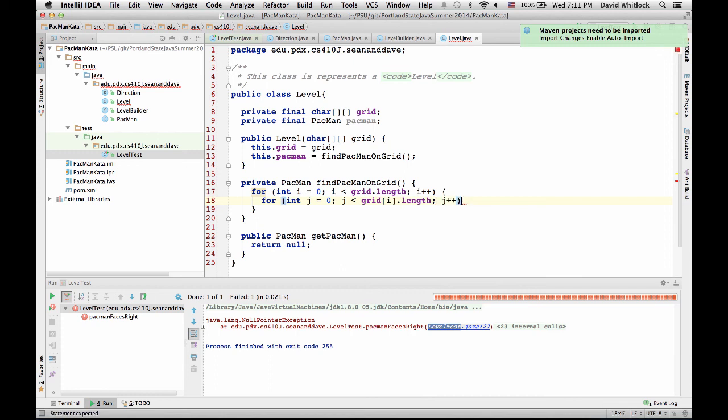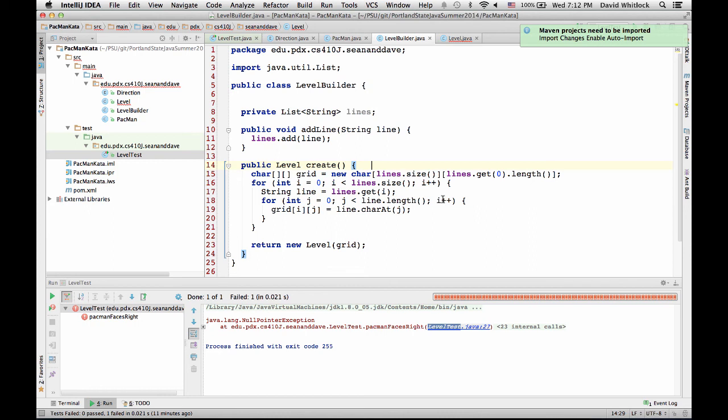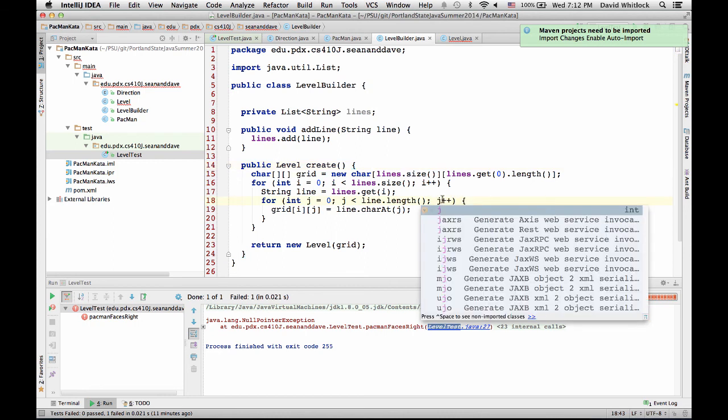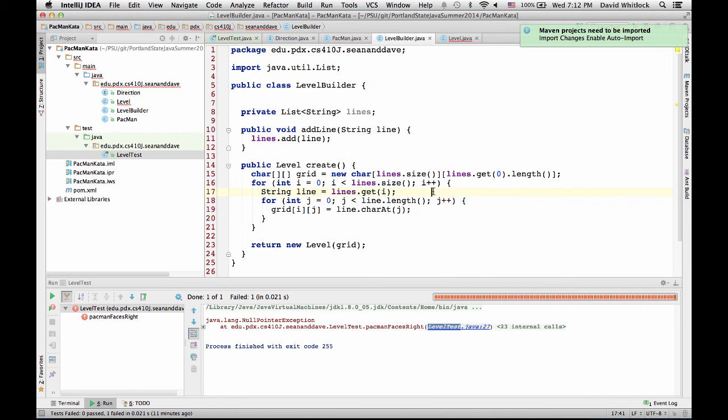Oh, you know what? I always screw up. I'm gonna double check. You know what I always do? I always end up putting i plus plus there. I wonder if I did in Level Builder. I did! Oh my gosh. Those are always so fun. Hard to debug. You're stepping through one at a time, and you're like, wait a minute, what did I do? And then it hits the outer loop. And you're like, oops. Yeah. Right, okay. Aha.